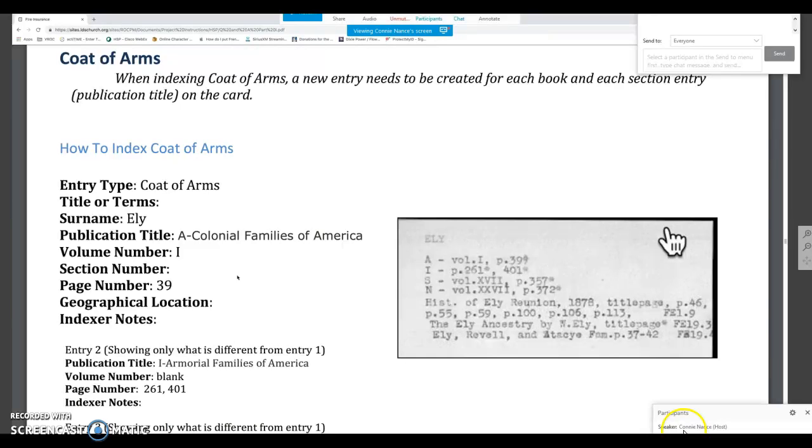So the first is a coat of arms. There is no title here. The name is Eli. The publication, all you have to do is type the letter in, and it will give you all this other information. The volume is I, and the page is 39. You'll also notice for the majority of the cards, not every